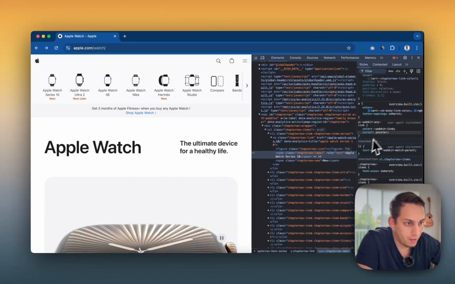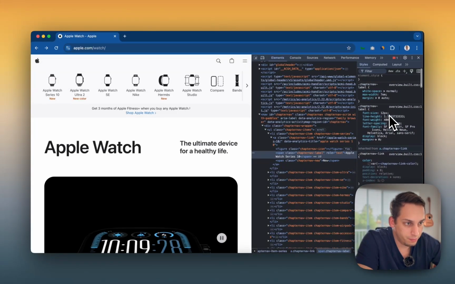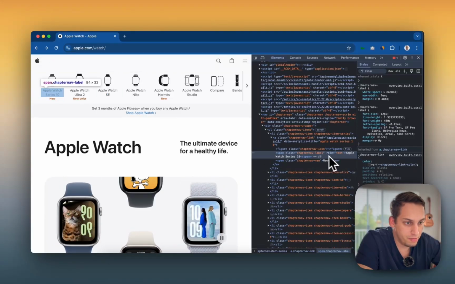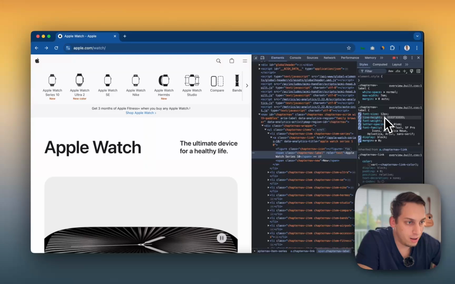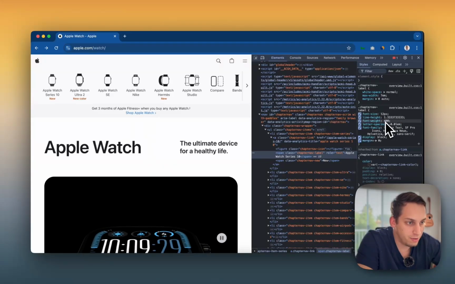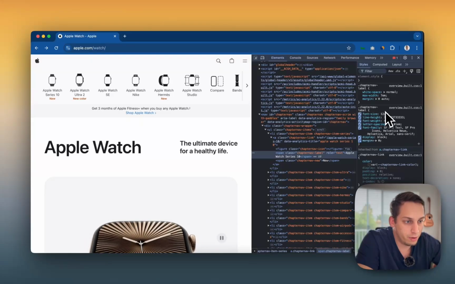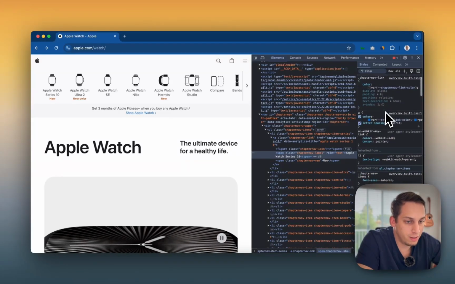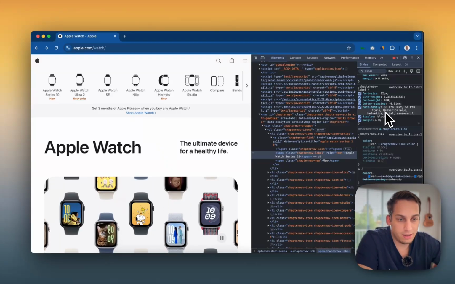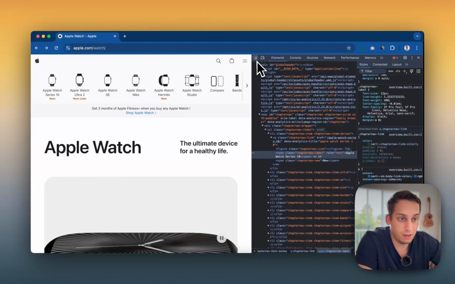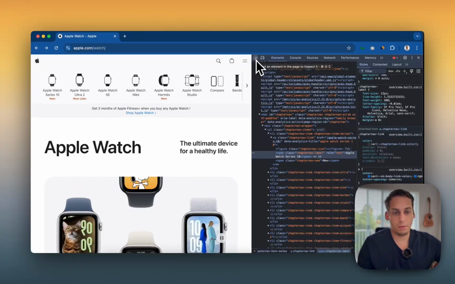So yeah. And then as you go here, you can also see the different properties of this Apple Watch Series 10 text. It's 12 pixels. It has this line height, this font weight, this letter spacing. It's this font family, and so on and so forth. So basically, this is a good overview of looking at a site that you like and seeing how they build certain things. So what I want to do today is we see this Apple Watch website, and I want to build it, at least a small part of it,